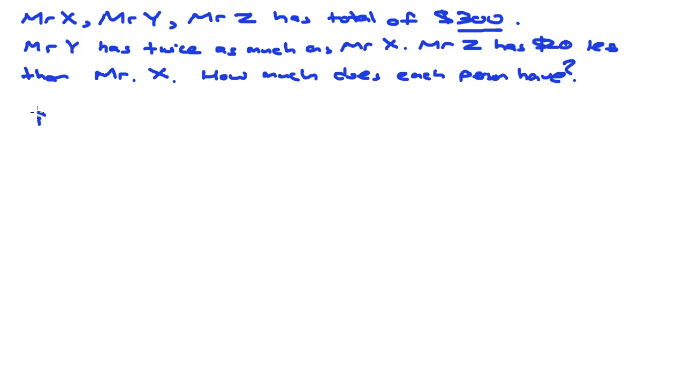So how do we solve a problem like this? The first thing you need to do is to determine the unknown. Which value do you want to be the unknown? In this case, because Mr. Y has the reference to Mr. X, and Mr. Z also has reference to Mr. X, it's easy for us to choose the amount of money that Mr. X has